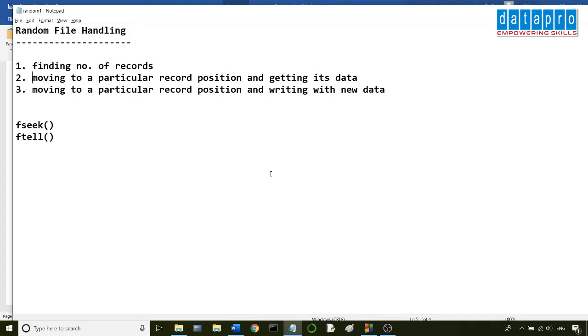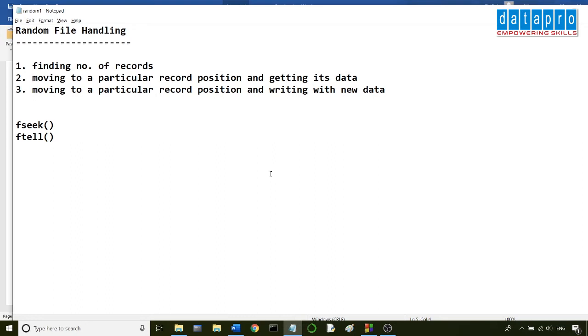It varies from record to record, because one person's name may be 4 characters, another person's name may be 6 characters. One person's fees may be 4 characters, another person's fees may be 5 characters, and so on. So remember that to perform random file accessing, first of all, the record should be written in binary mode. That's about the first program.